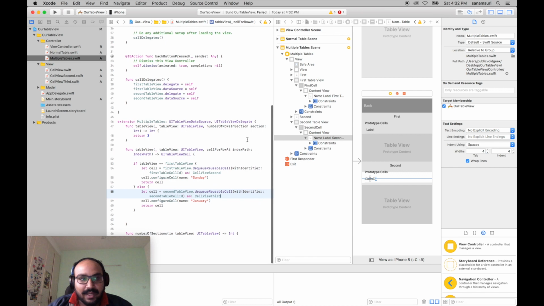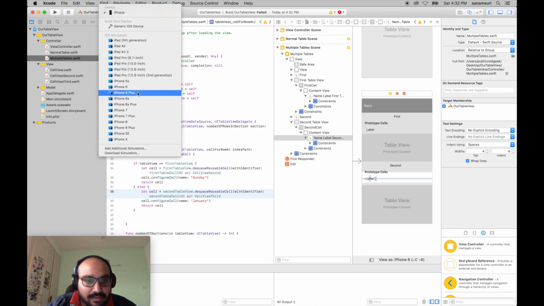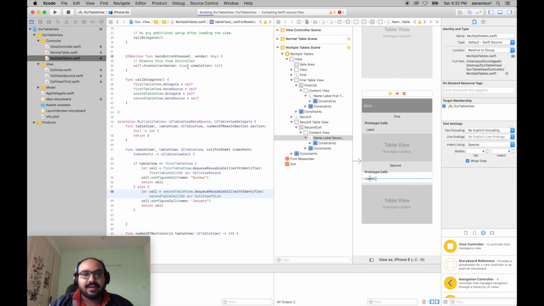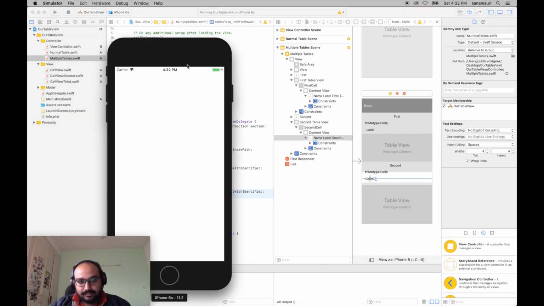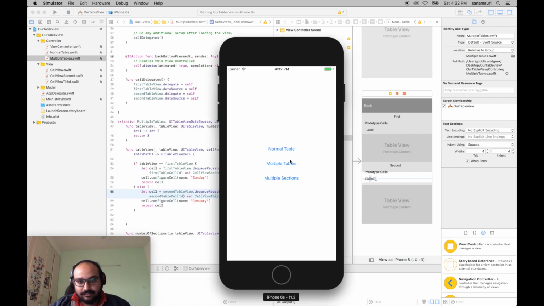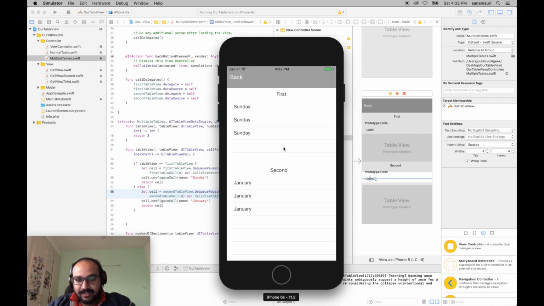Build failed. Why? Because it was iPhone. It should be 6s, and run. Multiple tables, and you can see we have Sunday, Sunday, Sunday, and January, January. So we have two different data, two different table views within a single view controller. So we can